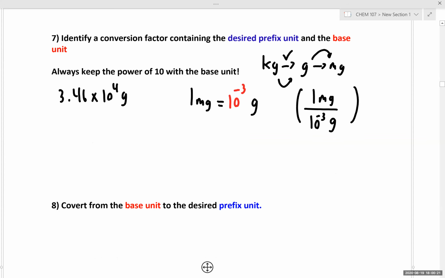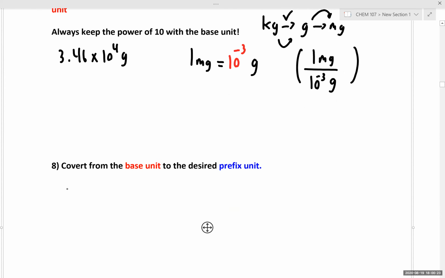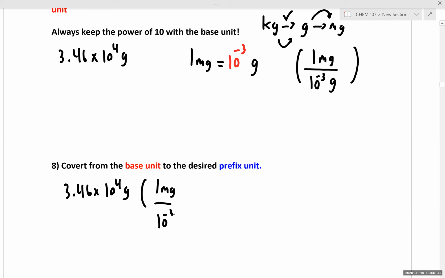So let's do that on step 8. So we have 3.46 times 10 to the fourth grams. And we know that we have 1 milligram for every 10 to the negative third gram. Okay, grams cancel. And we're left with 3.46 times 10 to the fourth times 1 over 10 to the negative third